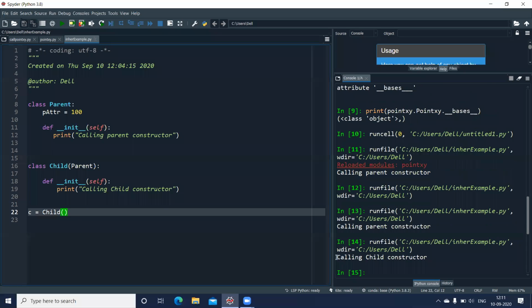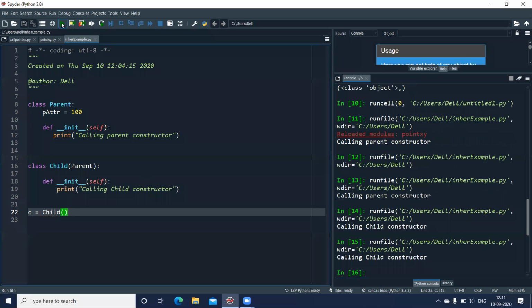Okay, now you get calling child constructor. So only this is getting executed now. What exactly is happening? Let me save this file again. Okay, now I'm getting the message calling child constructor. So why is the parent constructor not getting executed? So my question changes now. Previously the question was why the child constructor was not getting executed, and I hope I have not made any mistake in my constructor there. The underscores are there. No problem there with the constructor.